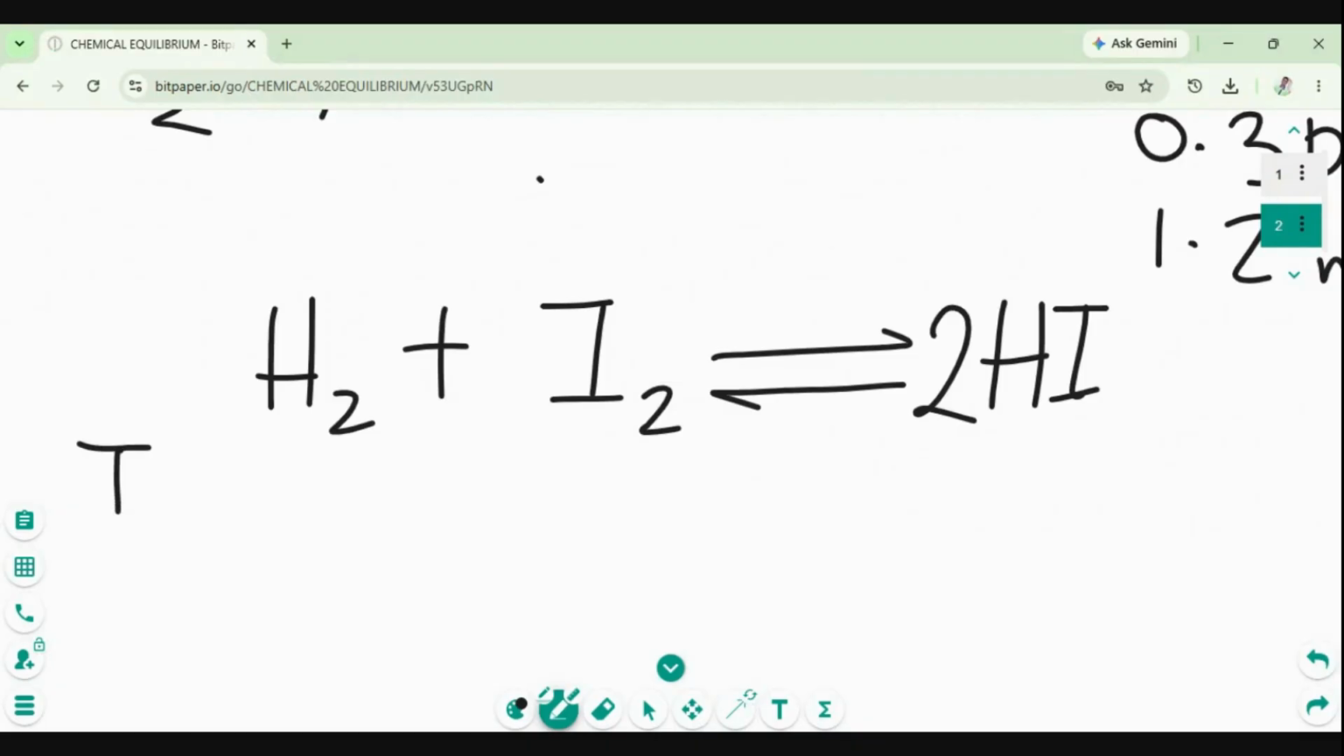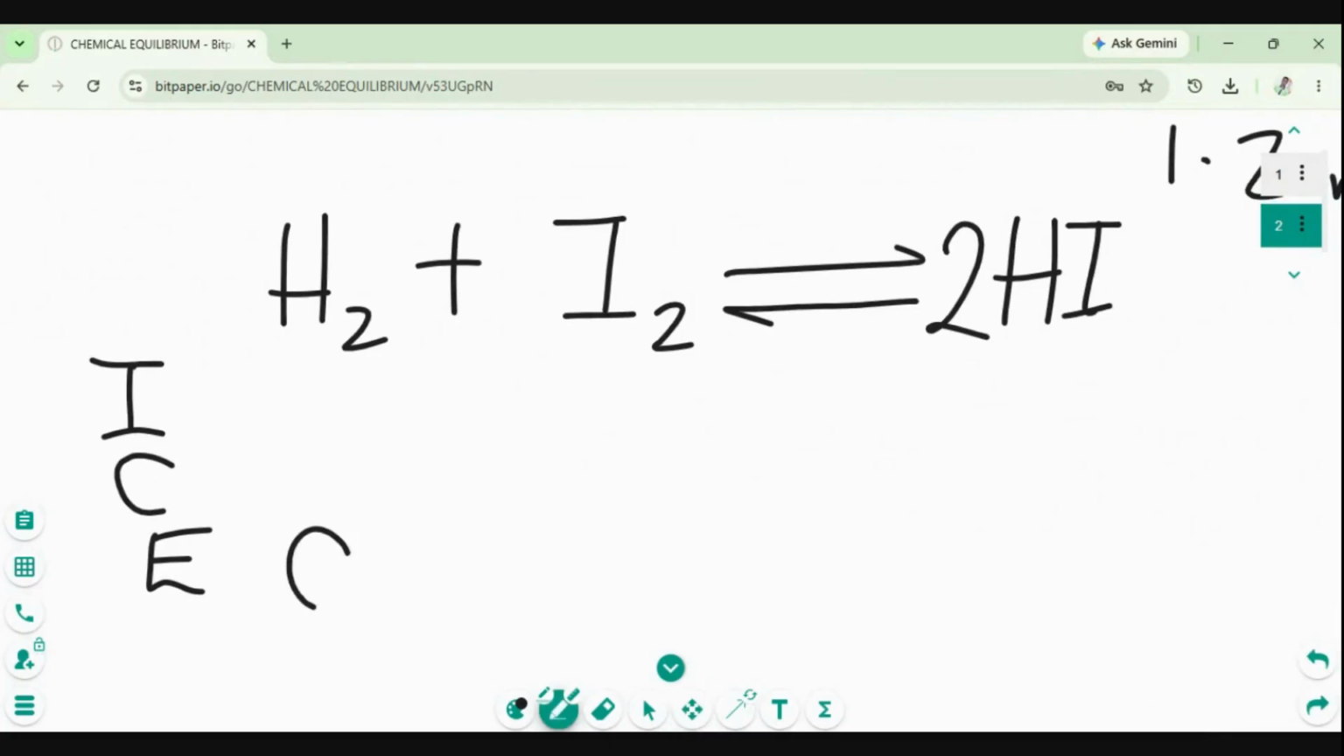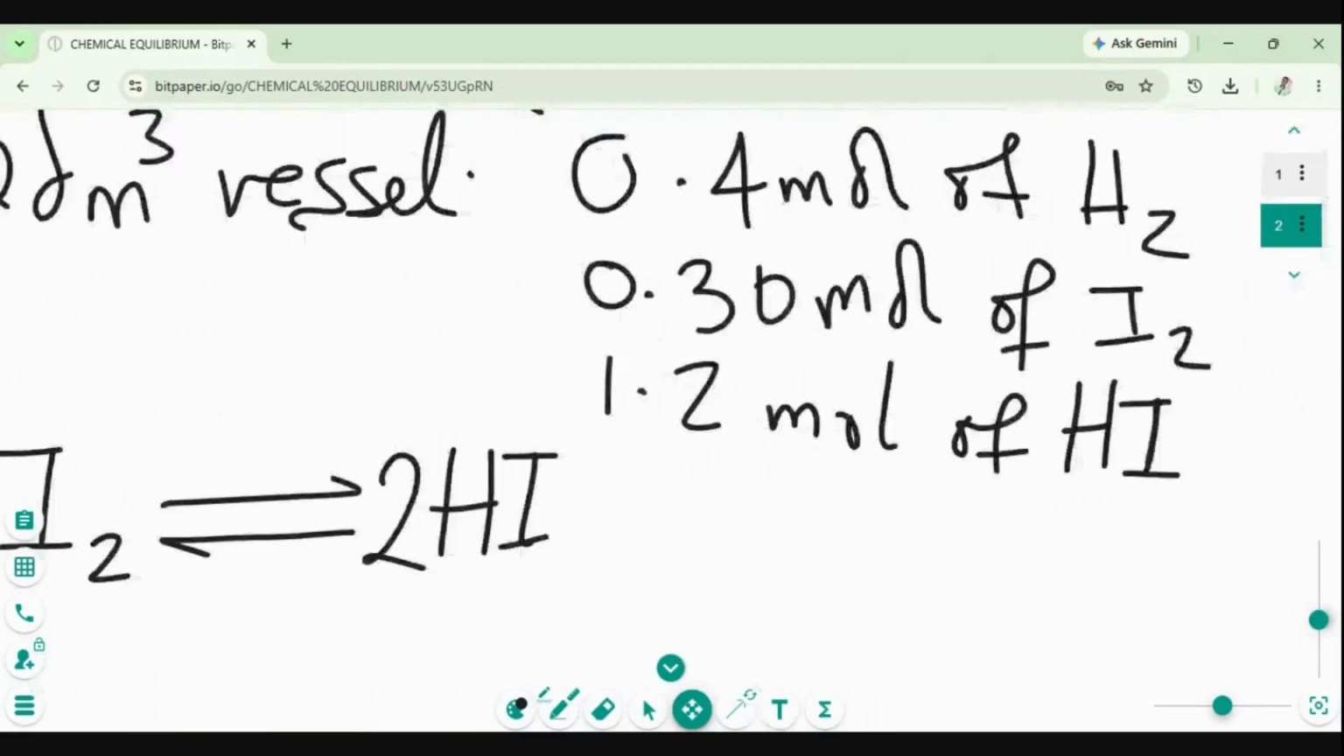So initial moles not given, moles that reacted not given, equilibrium moles given. And for equilibrium moles, they are saying that we have 0.4 of hydrogen. How many of iodine? 0.3 of iodine, and then 1.2 of hydrogen iodide. And the question is saying that you calculate